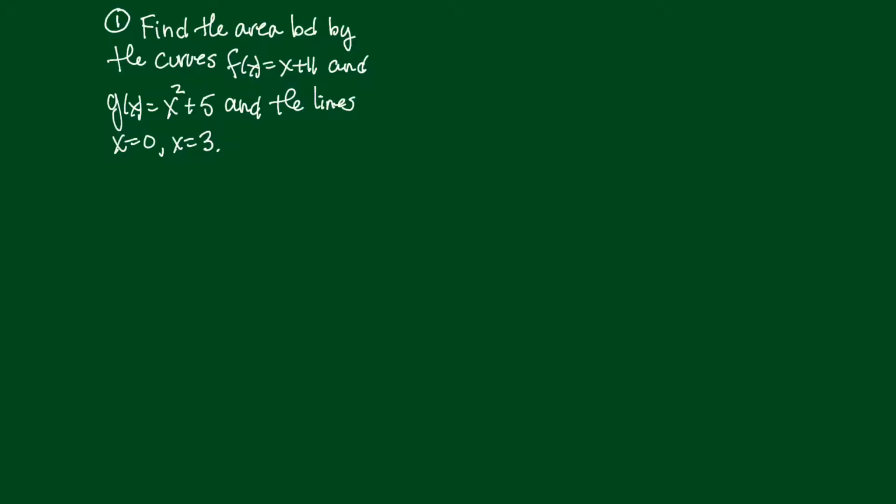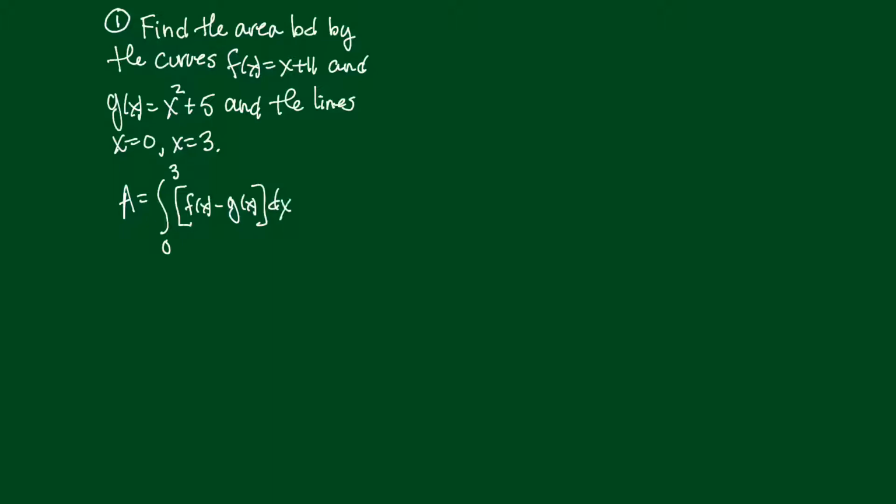We want to find the area bounded by these two curves. Now, a straight line crossing at 11, and a parabola opening upward because it's positive, crossing at 5. So we have a way of doing this. What we're going to do here is say that the area is equal to the integral, now we're going between 0 and 3, of f of x minus g of x